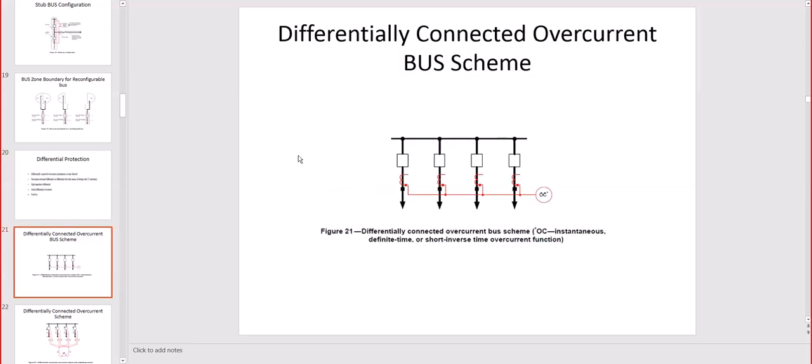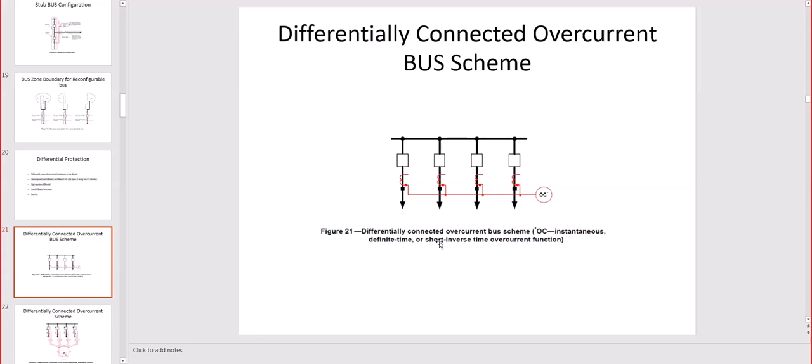So here we have the differential connection, overcurrent scheme. Simply, what we see here is that the overcurrent is connected to all the CTs. As long as this circuit doesn't have leakage current to the ground, we have a balanced summation of the 3 currents or 4 currents, which in this case will be 0. So the overcurrent will not trip. However, if this summation is different than 0 because of the leakage current, then the overcurrent will trip,